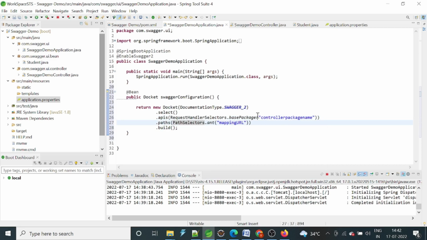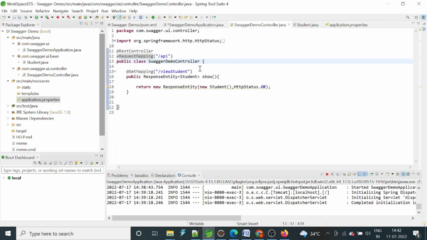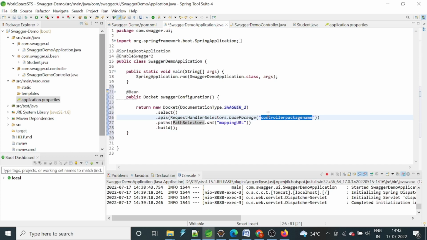So here we want to expose only this controller, so we need to pass the full package path here, and also the URL of our controller. Okay,